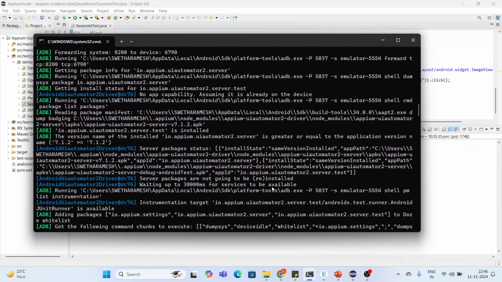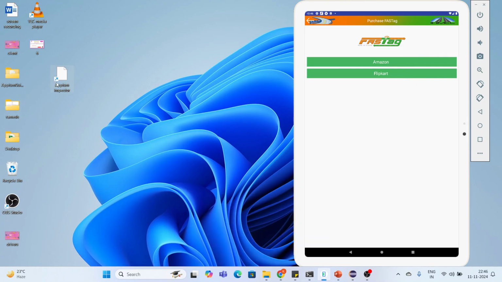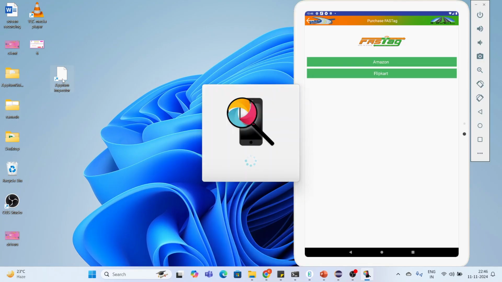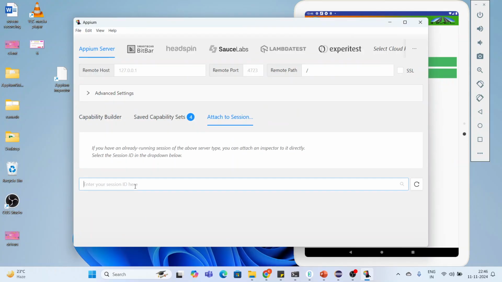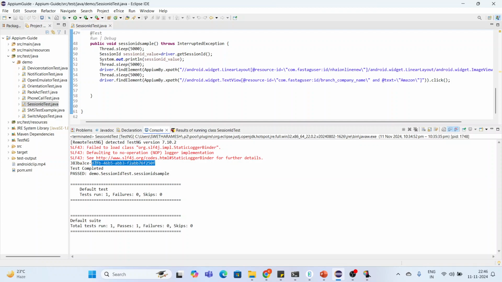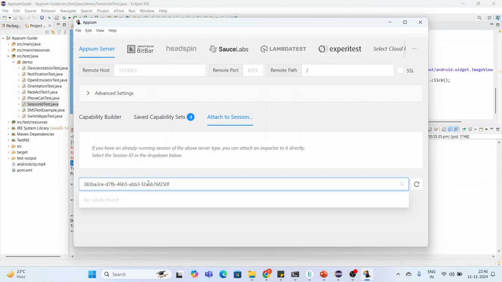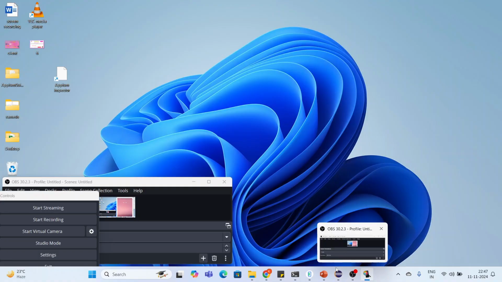Here, what I will do is open the Appium Inspector also. Wait, we go in depth. Open the Appium Inspector session. I think the session has ended here. Okay, no problem. So if we go here,